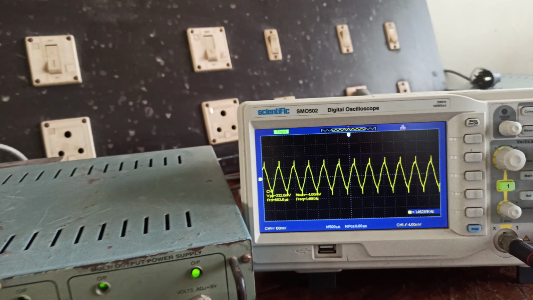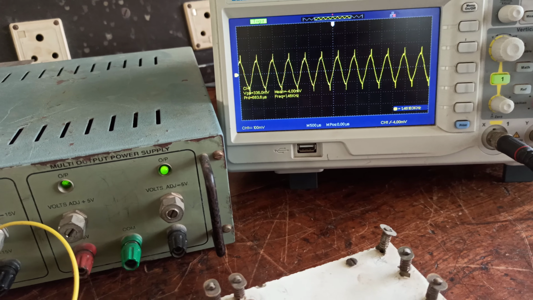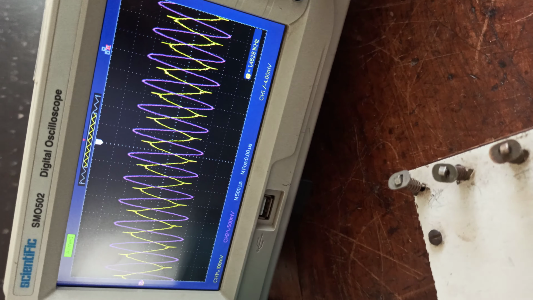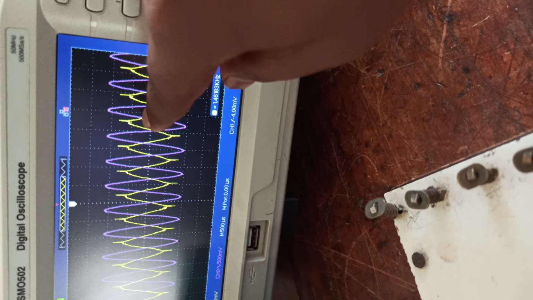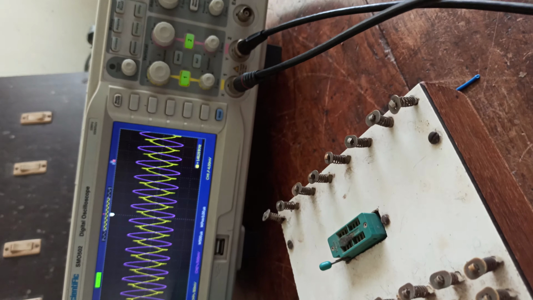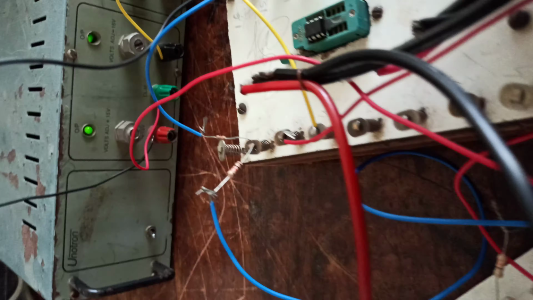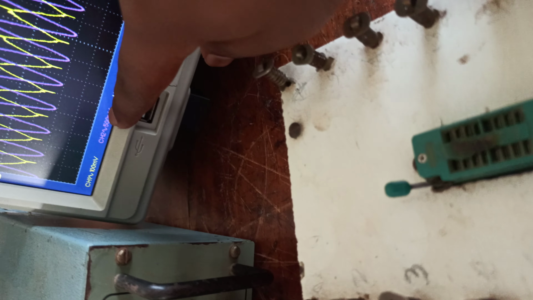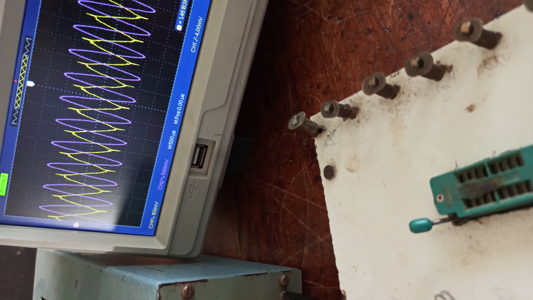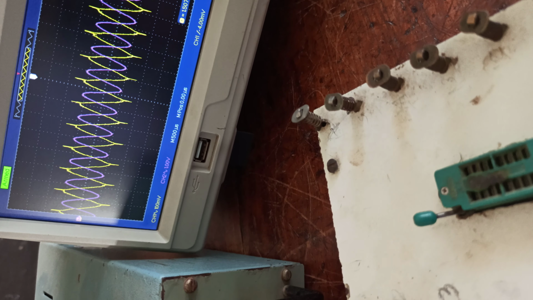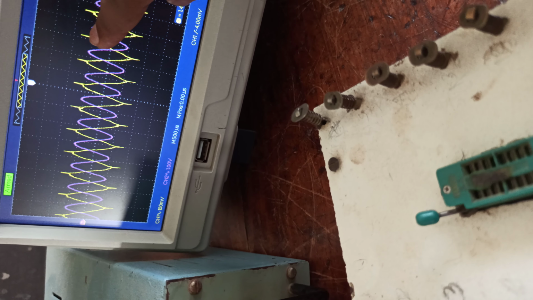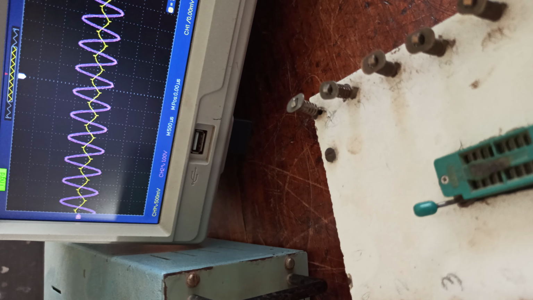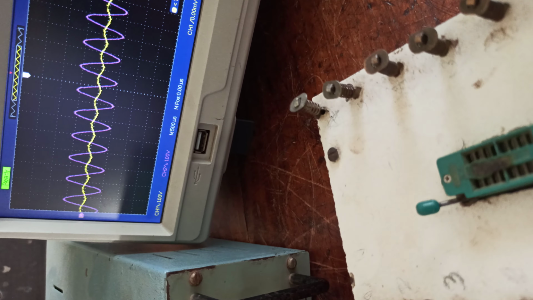So again use one more probe in order to compare with the output signal. When you connect one more probe, then you can see the input as well as the output. The yellow color line, that is channel 1, is connected to the output, and channel 2 is the input signal. You can see the channel 2 value is 500 millivolts. Just set it to 1. The input signal should be 2 volts peak to peak. So I set it to 1 volt.